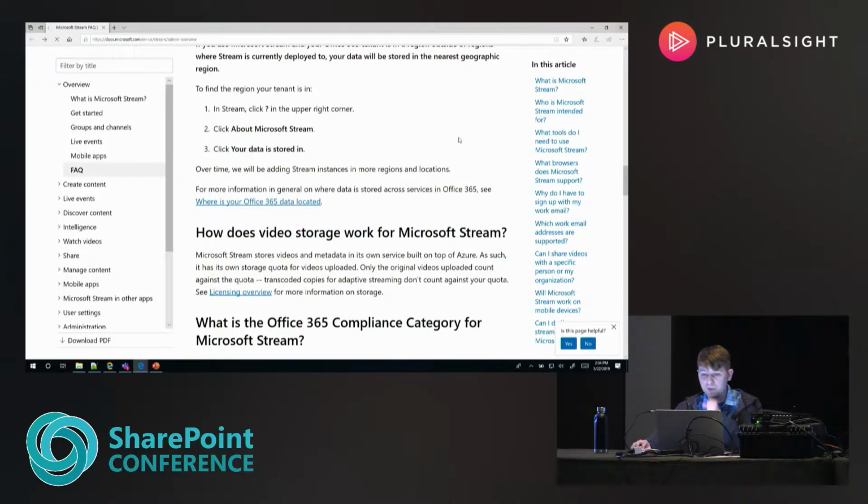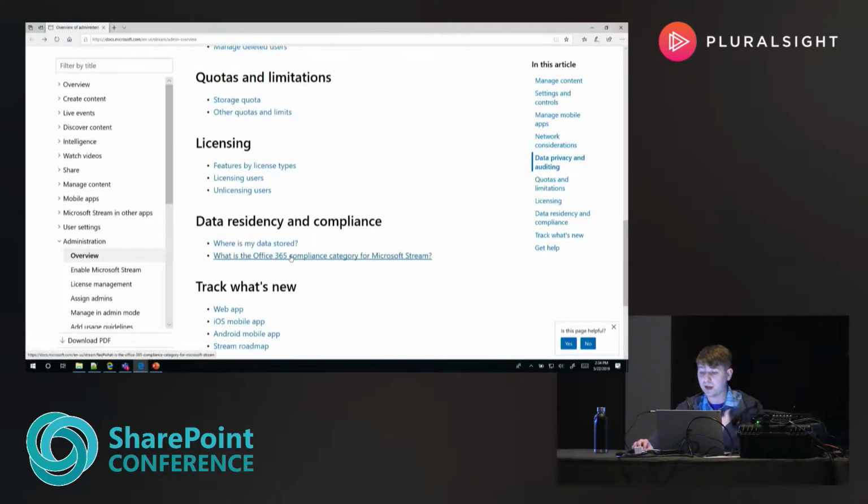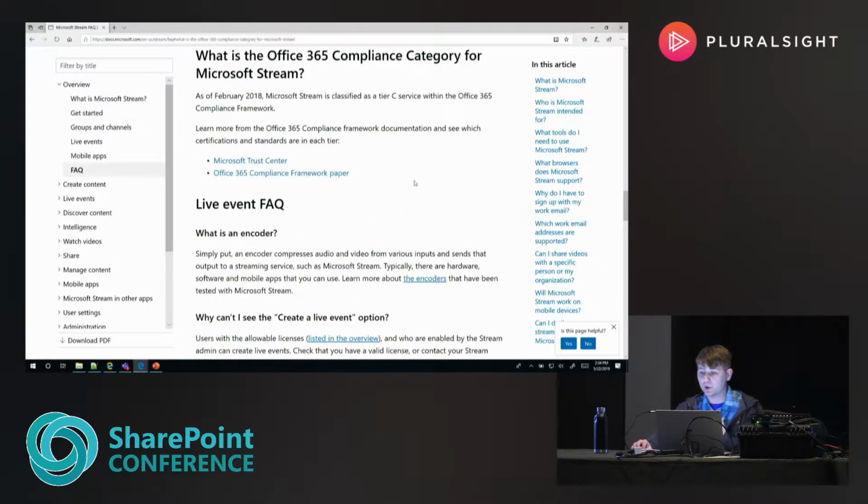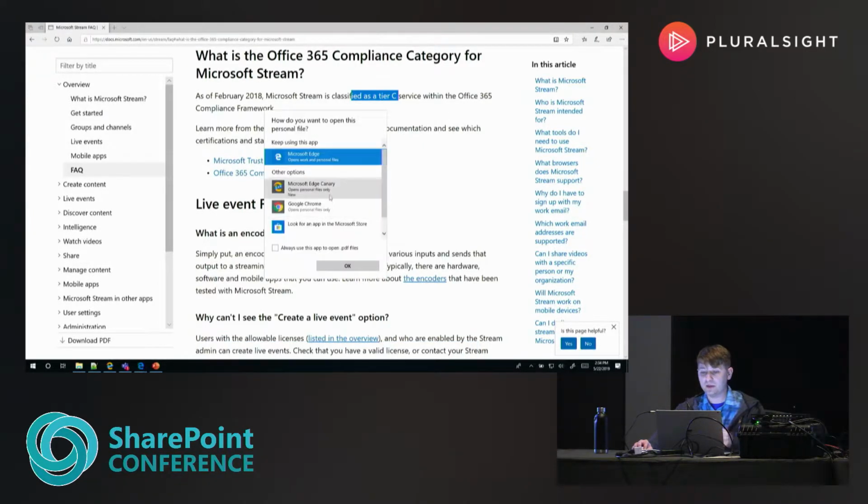If I click back, the other thing I wanted to cover is the compliance standards. I said we're Tier D, and again, this just happened yesterday. We haven't had a chance to update the documentation. We'll go update that. But if I click on this Office 365 compliance framework and download this PDF,